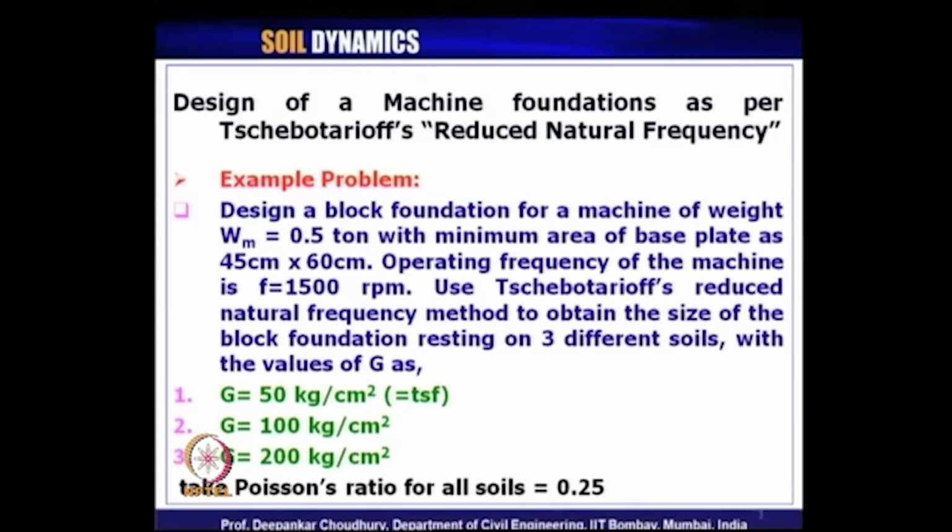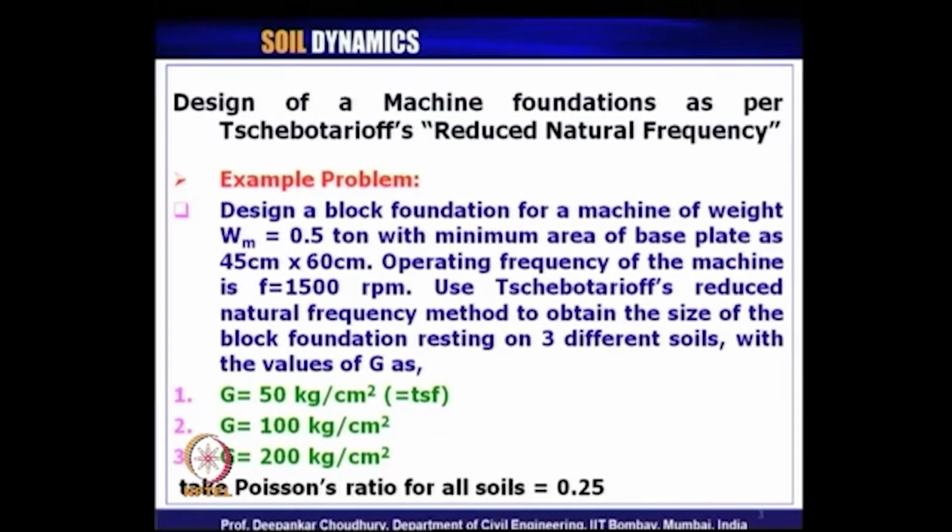The problem statement was given to us with the size of the base plate, the weight of the machine, and the operating frequency of the machine, and it was asked for 3 different types of soil, how we can design the machine foundation. And after doing all the design analysis using Chauvet-Rieu's reduced natural frequency, we found that except for one case,